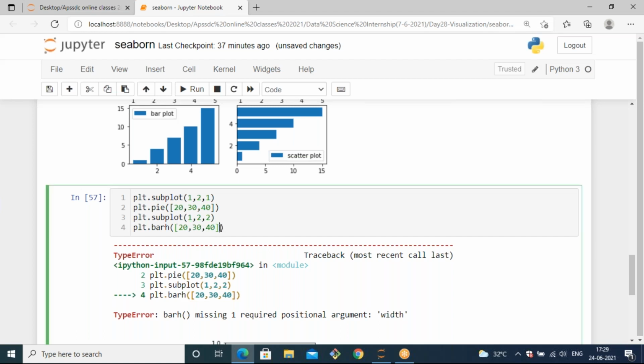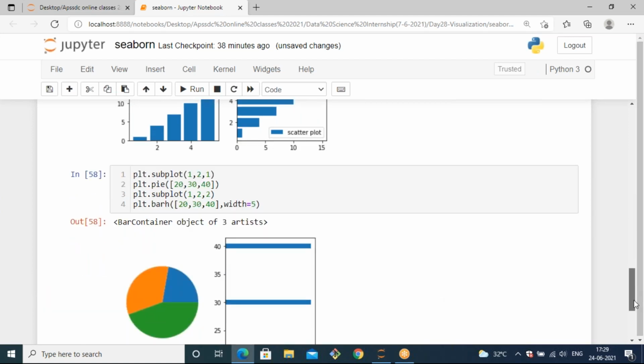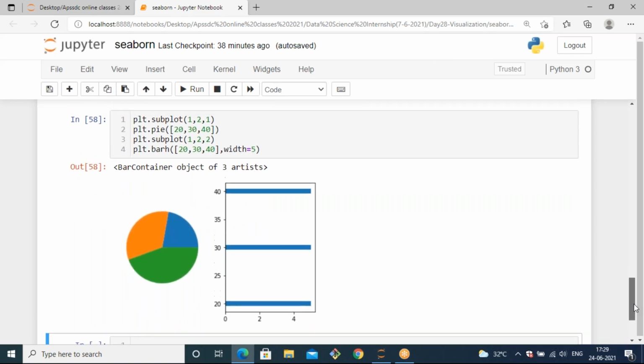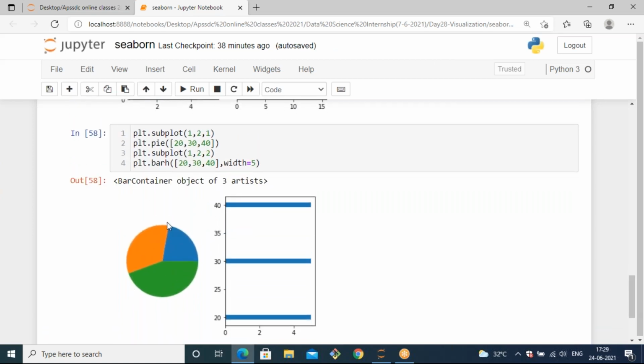When you use barh, you need to specify the width; when you use bar, you need to specify the height. So the width is like 0.5. Like this, it will generate two subplots. The first one is the pie chart and the second one is the horizontal bar plot.